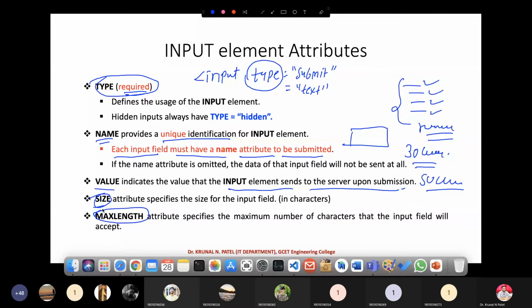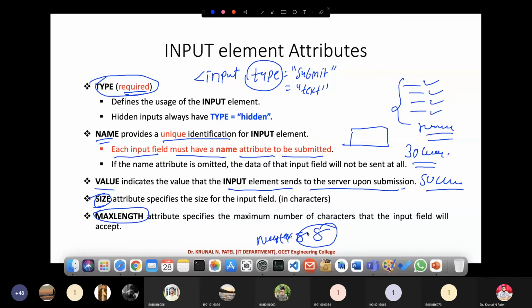Suppose I define that a password must be 8 characters maximum. So maxlength equals 8. That kind of restriction you can put in this.